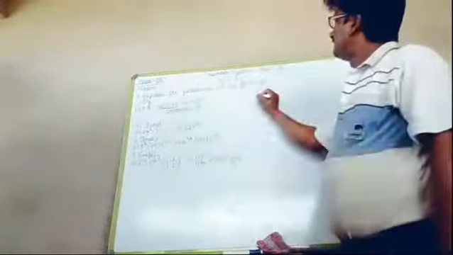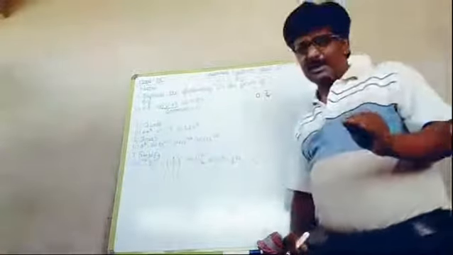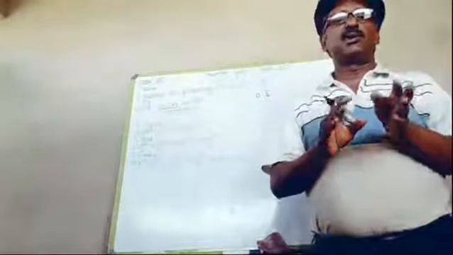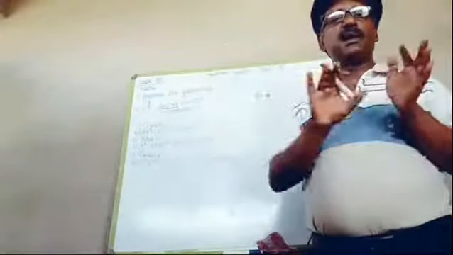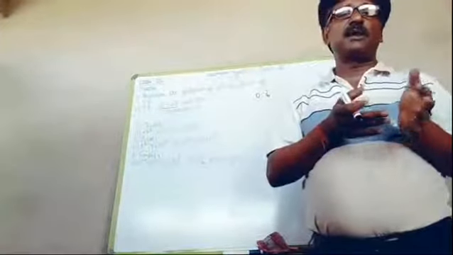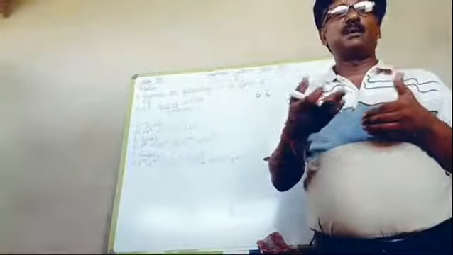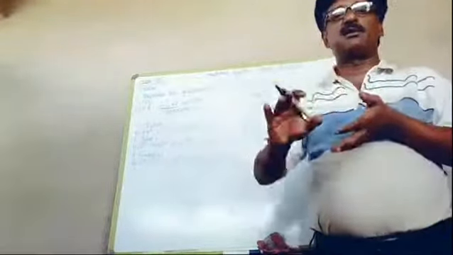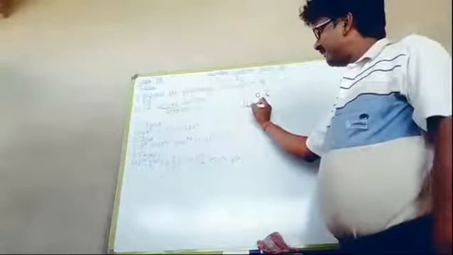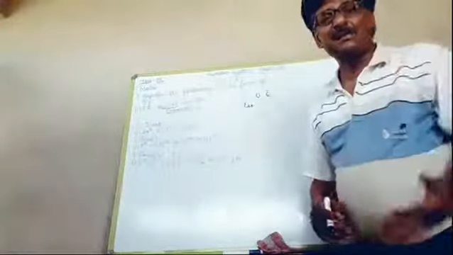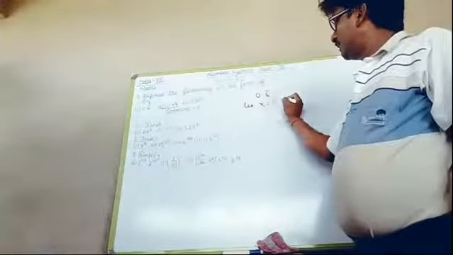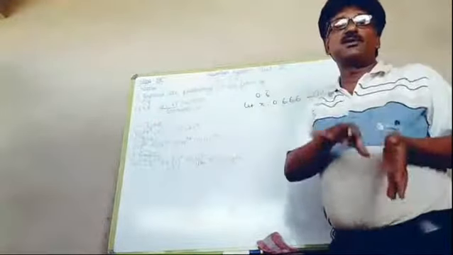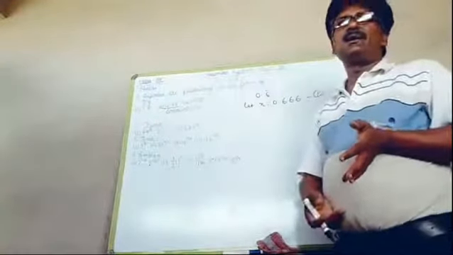0.6 repeating. And as I have told you, in such type of questions we have to perform only 3 steps. We have to first write the number as x. In the second step, we have to see after the decimal how many places are without repeating, and the third and last step is the total number of digits just after the decimal. So see, in the first step, this overall number will be considered as x. So x is equal to 0.666.